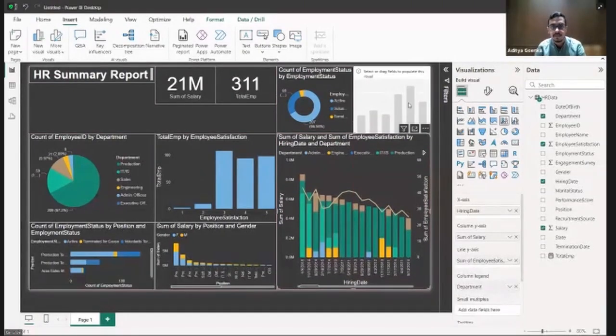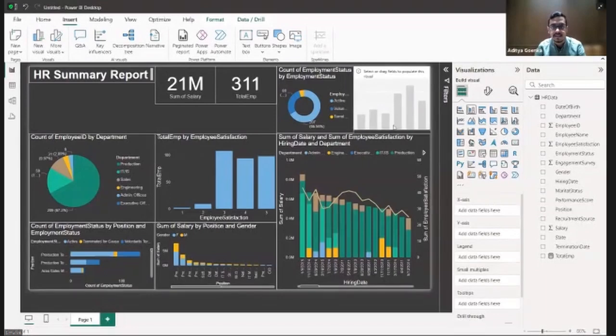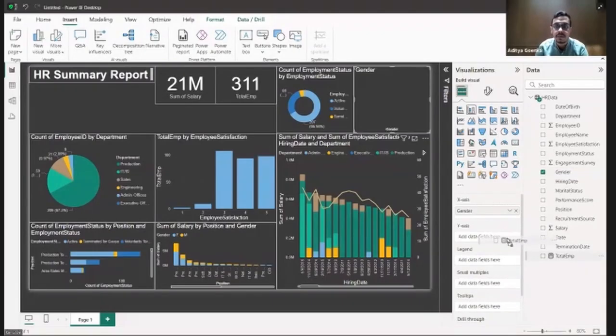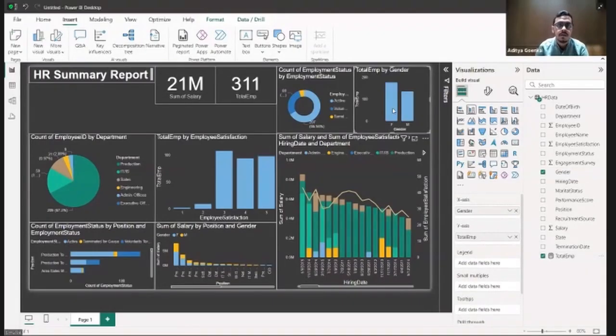Okay, what we'll do over here, we'll add gender to the x-axis, and we'll add total number of employees to the y-axis. So, female number of staff are 176 and male are 125. So, you have been able to add that as well.